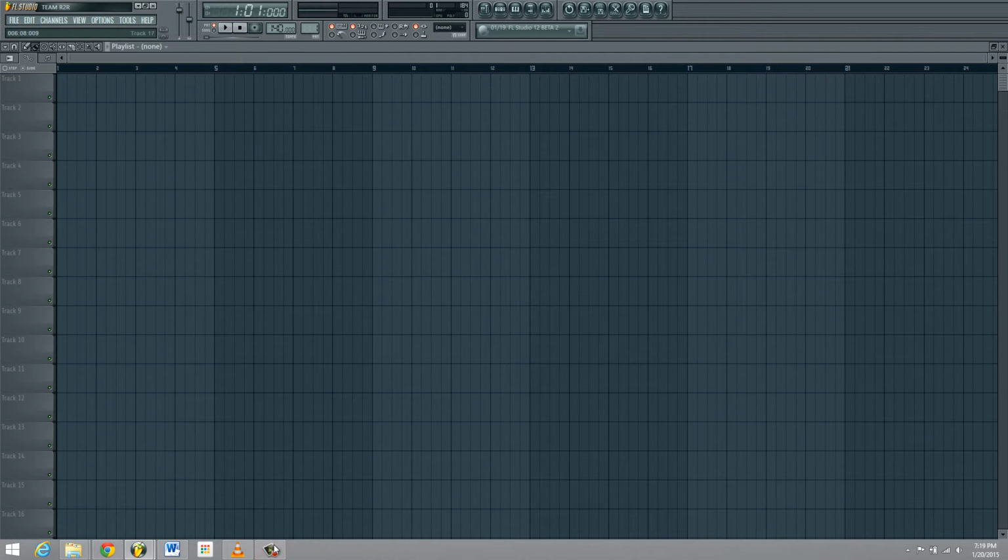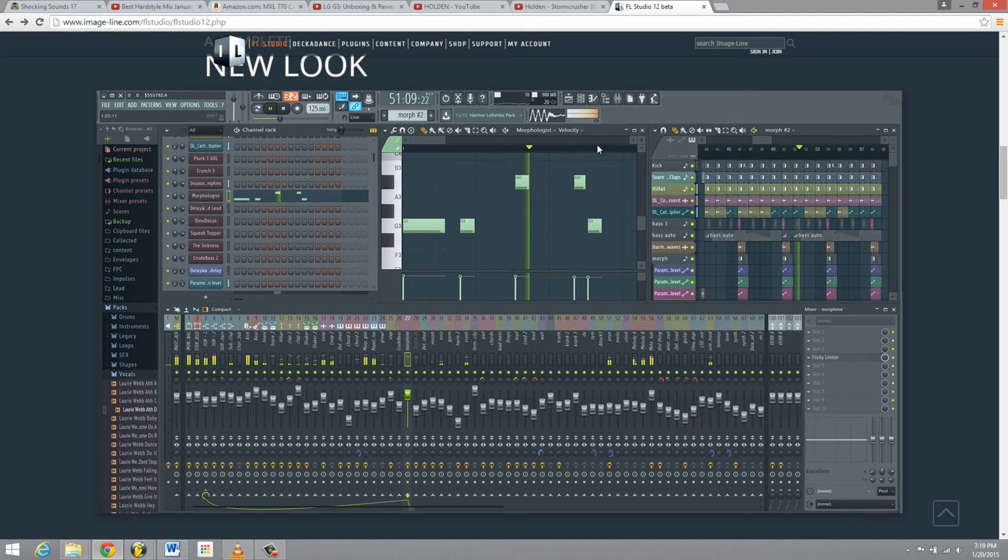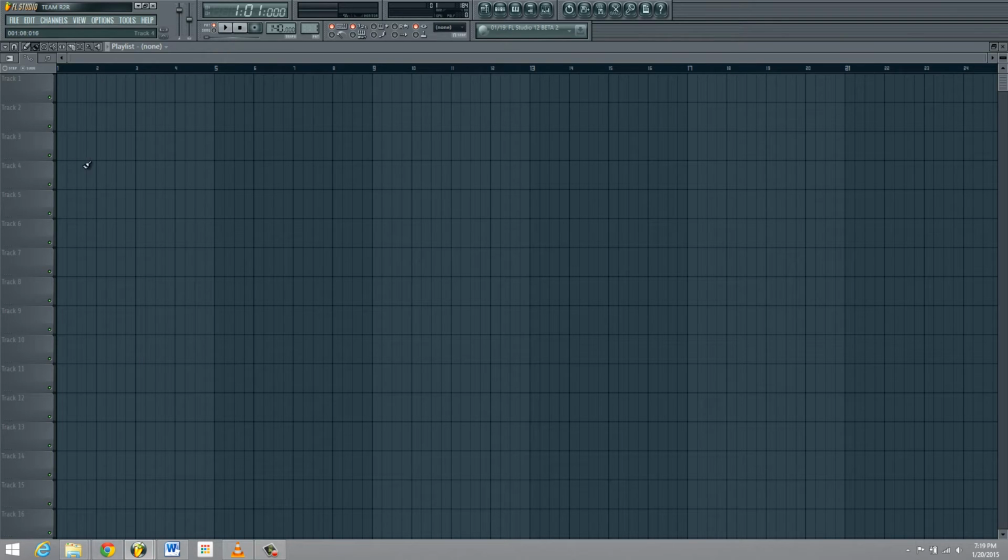Well, first thing, here's what the new FL Studio 12 looks like. It has that new really flat design, like iOS 7, iOS 8. If you have any Apple stuff, that's what it's going for, with less depth. With the shading and everything, like a little bit under the bar here,